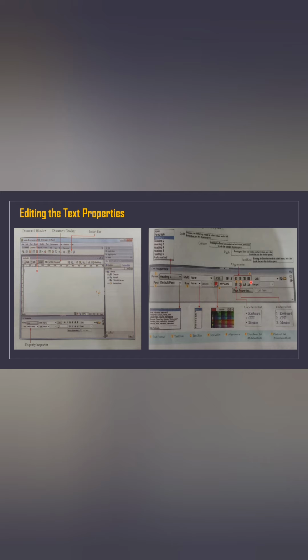Then here you can create a link for your text. You can select the font, the size of the text, and the color for your text. And you can do numbering or bulleting. So these are all the things you can do by using the property inspector.